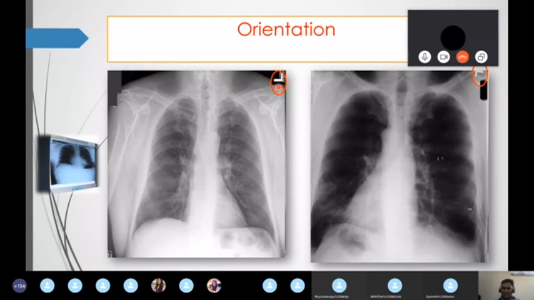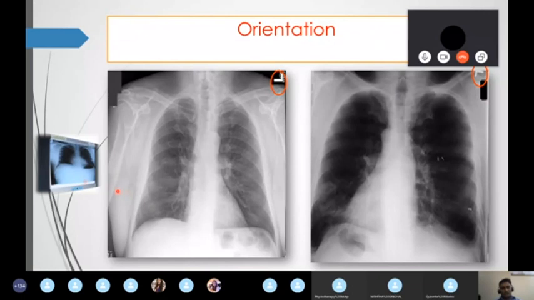First one is see the labeling, right or left. But keep in mind, don't completely rely on the labeling, because sometimes the technician may make a mistake, keeping left on the right side. So the best way is to see the heart. The heart will always be on the left side 2/3, and the right side will be 1/3. So see the X-ray like this and keep it in the X-ray box.